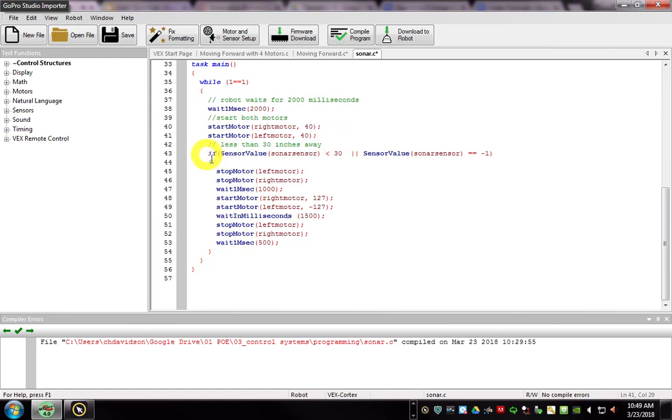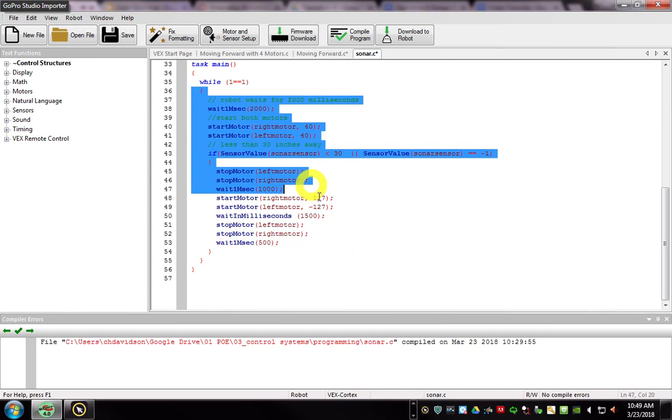So everything inside of my if statement needs to be inside of a curly brace, if that makes sense. So the point of this video: stay organized, use that fix formatting, and that's a great way to keep track of your curly braces. Everything inside an if statement needs to be inside of curly braces, and everything inside of a while loop needs to be inside